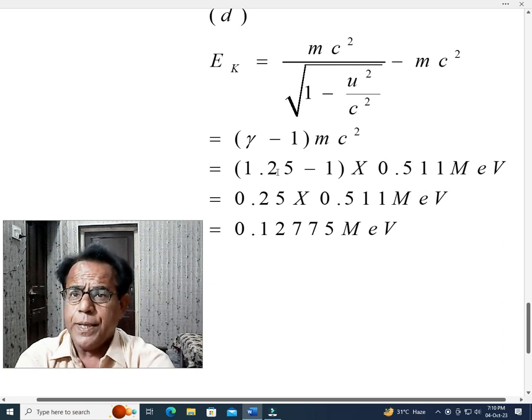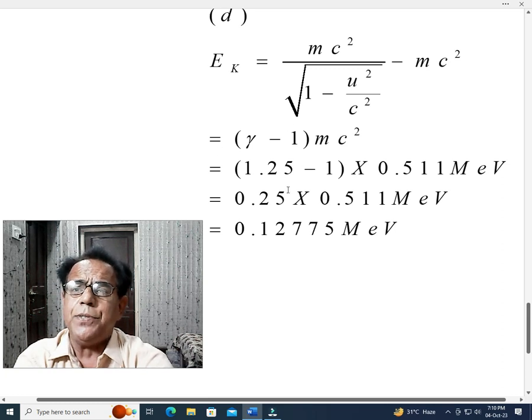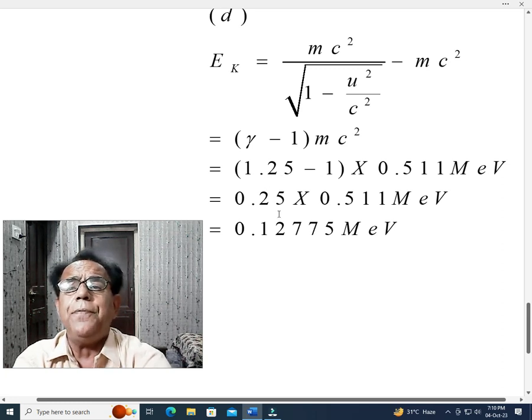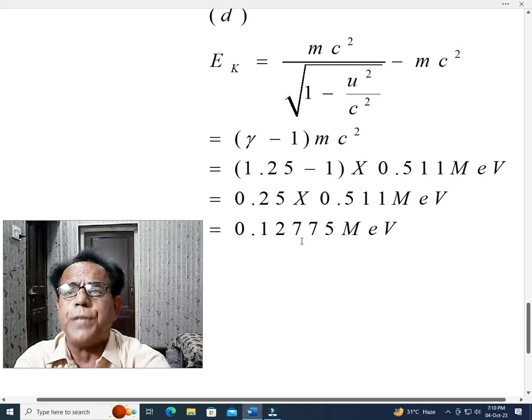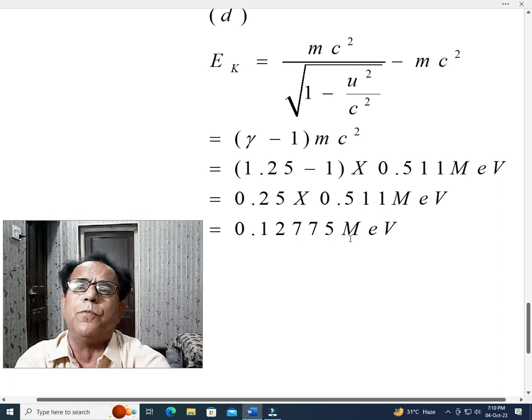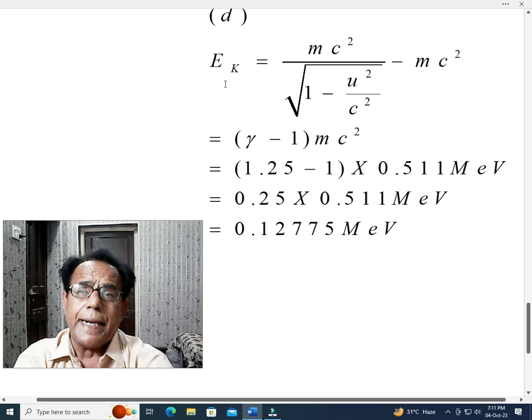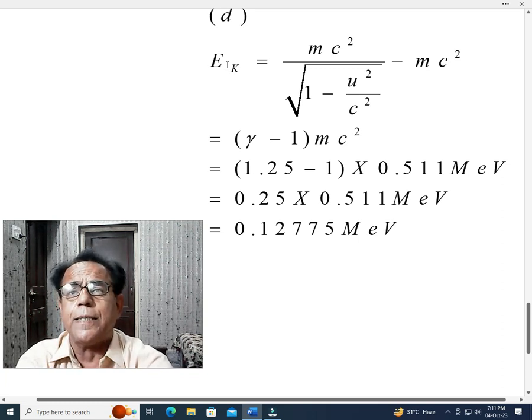Hence this factor will become 0.25, because when 1 is subtracted from 1.25 we get only 0.25. And when 0.25 is multiplied by 0.511, we get 0.12775 million electron volt. Hence our kinetic energy EK becomes equal to